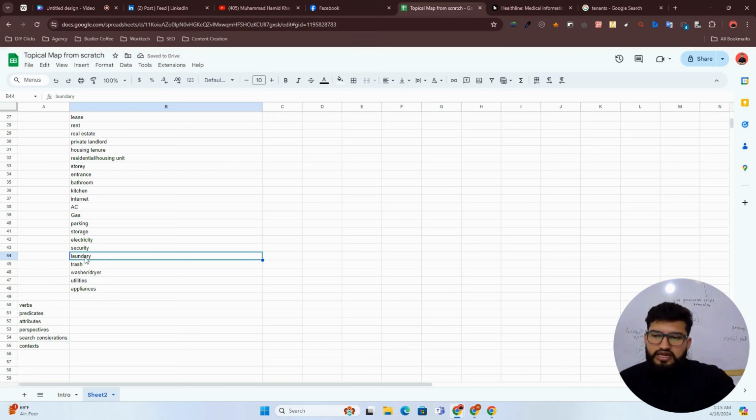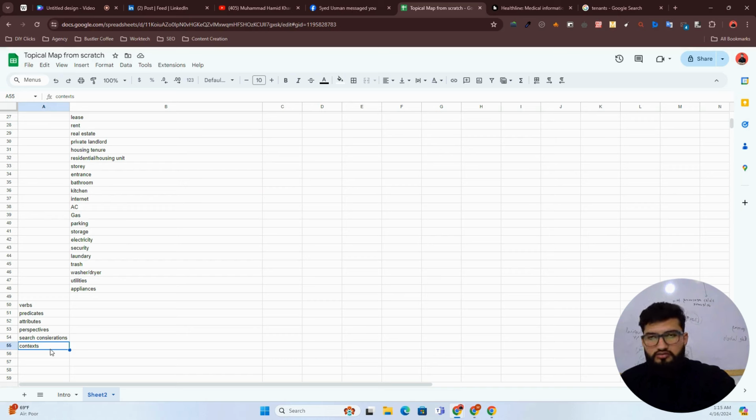Contexts are something like laundry, maintenance, jobs, for example. If you are researching information and you find that this context is very important when we cover apartment, we have to cover this context as well somewhere within a page, by connecting multiple sections or having a separate page on that context. We'll decide that later, whether we need separate pages or one page.